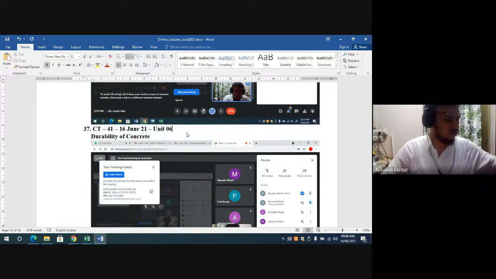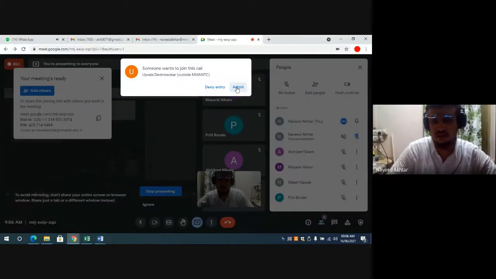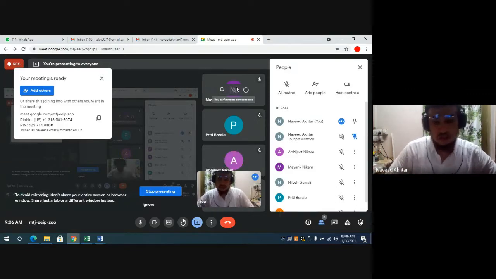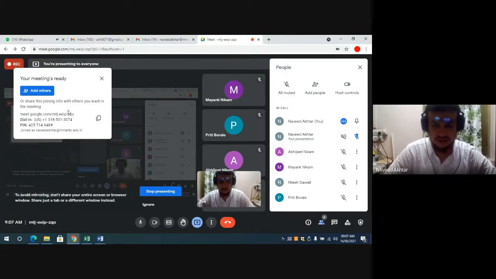Okay. So in unit number 4, we completed the concrete mix design and methods of mix design. Also, we have seen the different methods of mix design, that is the IS method and the DOE method. Also, we have solved an example on mix design. Then in unit number 5, you have completed the concreting equipment and techniques.